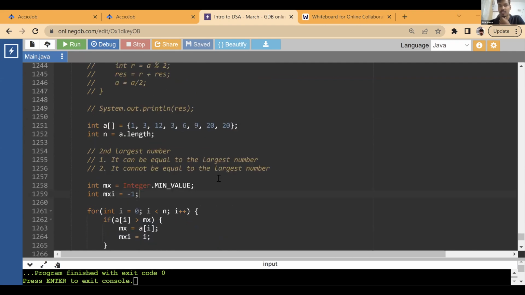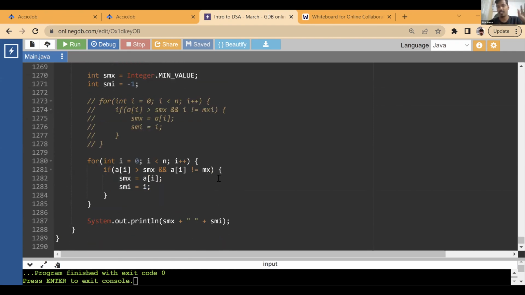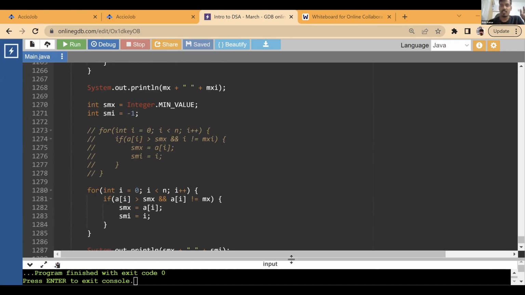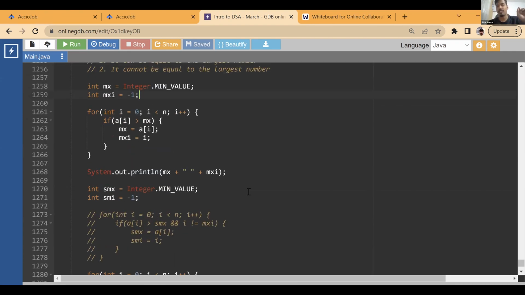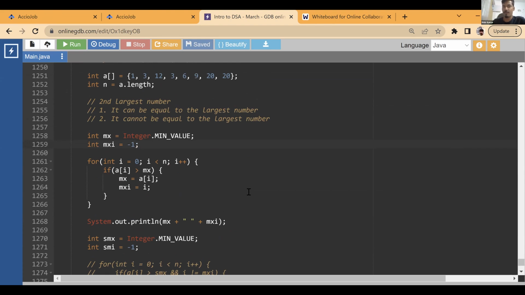Understood this question? Second largest, largest, second largest index. What are these two variations of it? How can we find out both of them? When it can be equal, when it cannot be equal, what is Integer.MIN_VALUE, why are we taking it. Now, one small thing, for those of you who took this as a[0], and you would have taken this also as a[0],